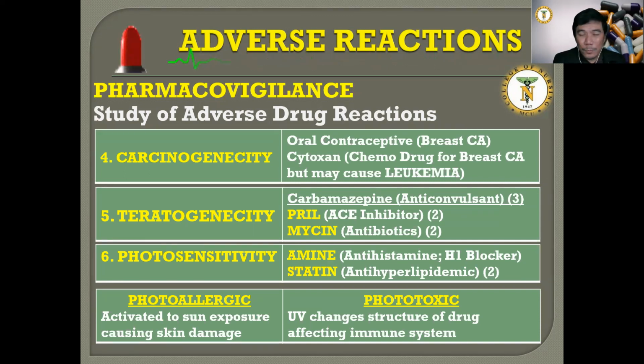Another is ACE inhibitors, or the pril drugs, which are not the drug of choice for pregnant patients who are hypertensive simply because it's teratogenic. So those are the knowledge that you may acquire and that may boost your confidence on their safety. Next, we'll proceed with number 6. Number 6 is all about